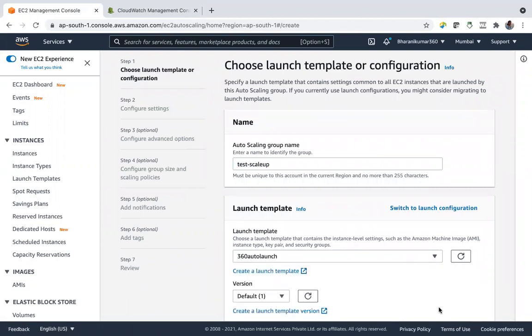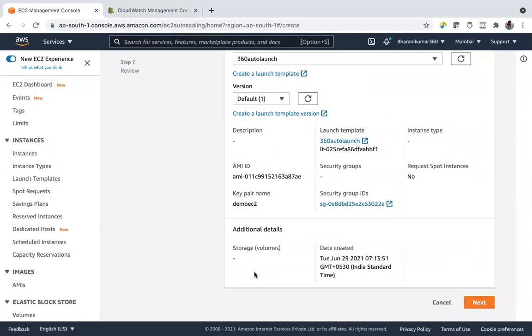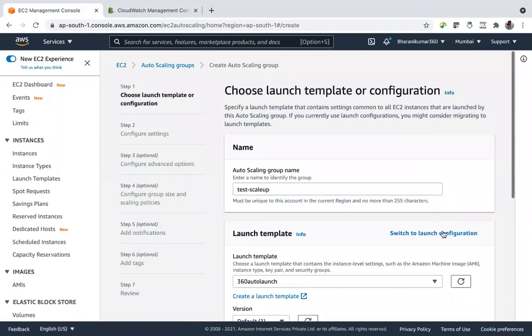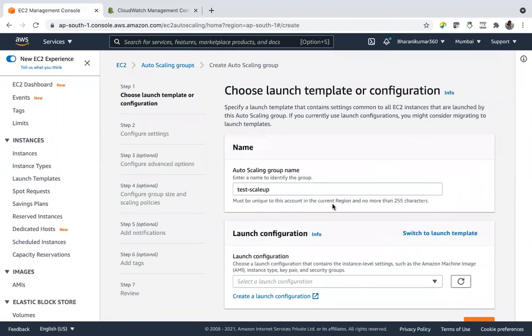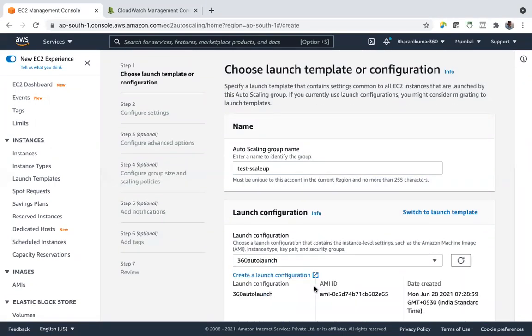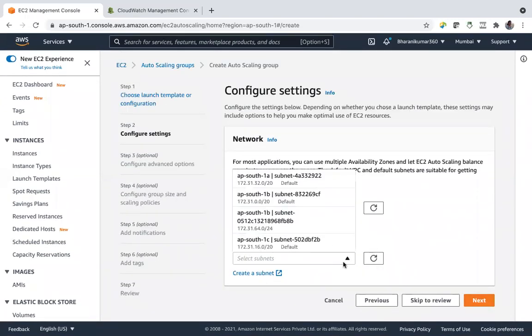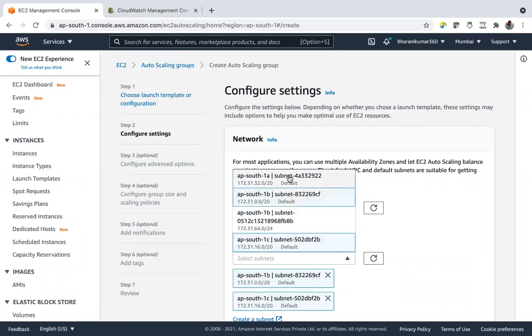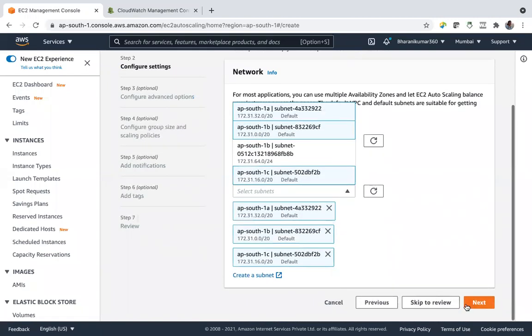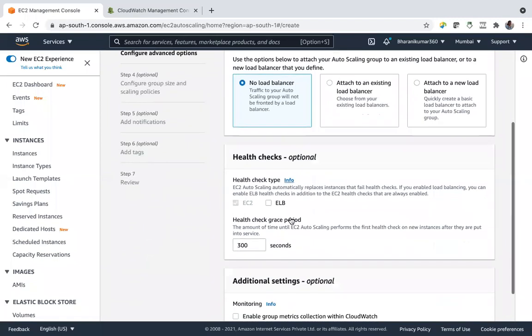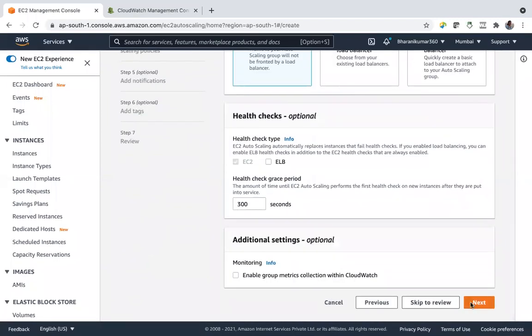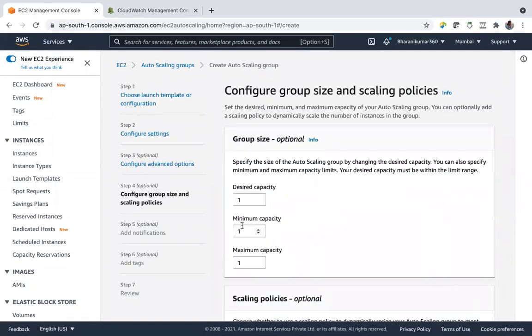Launch template, let's use this. Or I can also use launch configuration. We have both. Next, VPC subnets. You can choose all of those subnets. Next, no load balancer. If we have a load balancer, yes, we can.